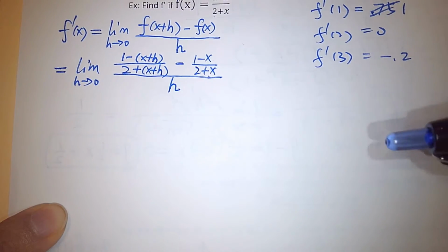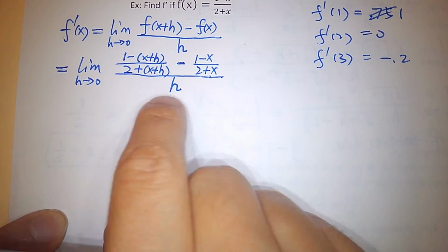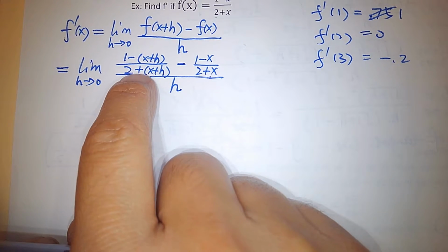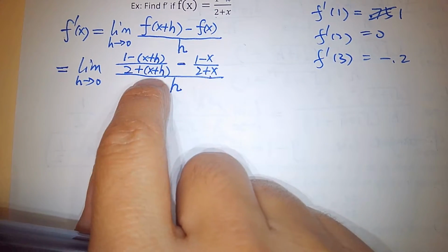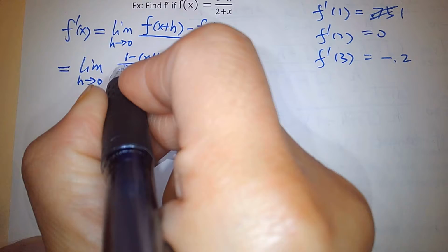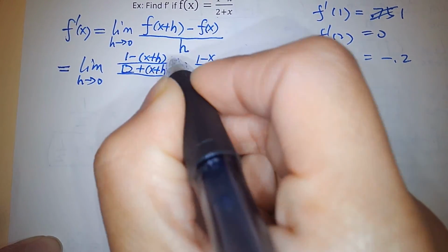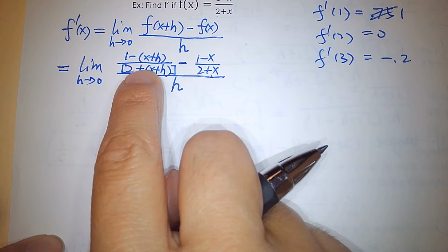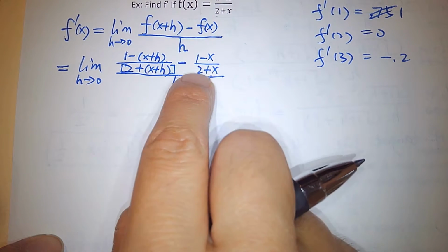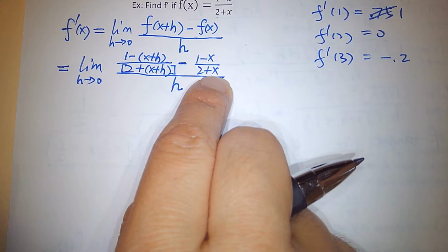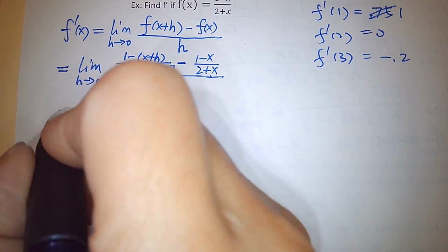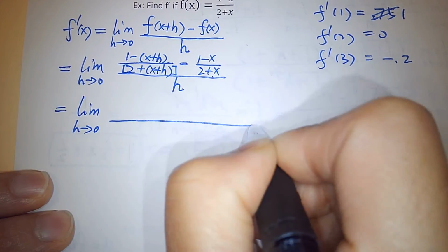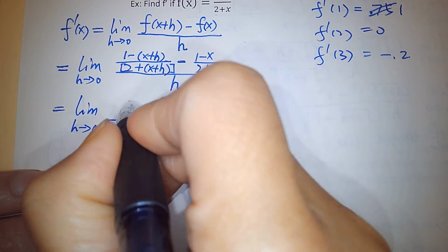Right? And then let's see, how can we simplify this whole expression? On the top, we have two fractions. Can we combine the two fractions? What is the least common denominator for them? The product of these two denominators, right? So, what is it? I would say,